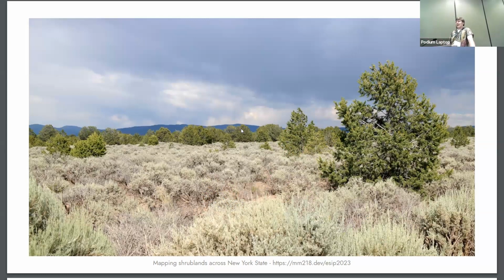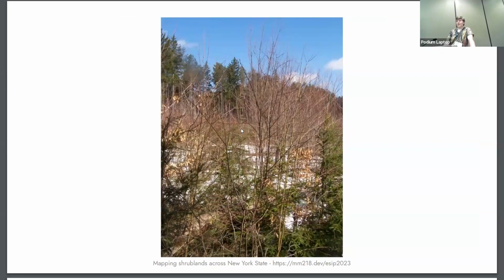persistent ecosystems that have unique community compositions. If you're in the Western states, that's what this looks like. Out here in the East Coast, we don't really have that type of persistent shrubland. We have short forests. And having one classification cover both of these types of forests makes it really difficult for these models to actually pick up on eastern shrublands.